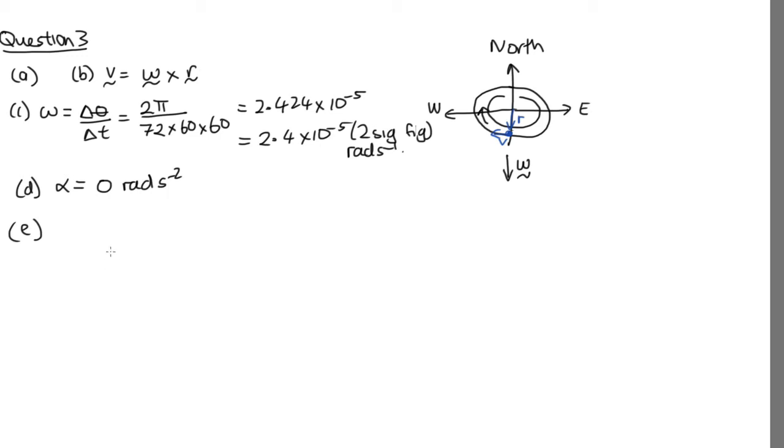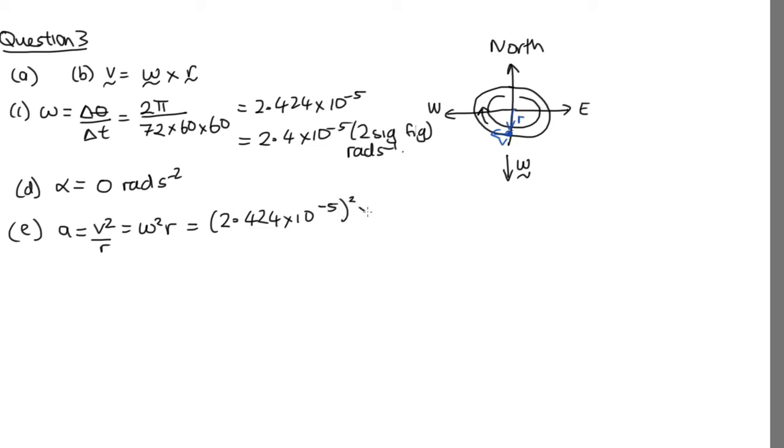says, find the centripetal radial acceleration of a person standing right on the outer edge of the Discworld. So it's somebody standing here, say, and we know that the centripetal acceleration is equal to v squared on r, or we can write this same formula as omega squared r, which is easier because we've got omega already. So then we can substitute in 2.424 times 10 to the minus 5